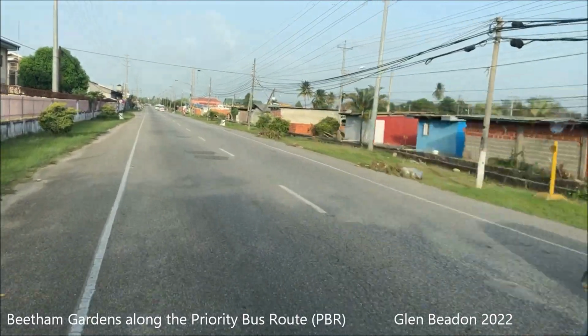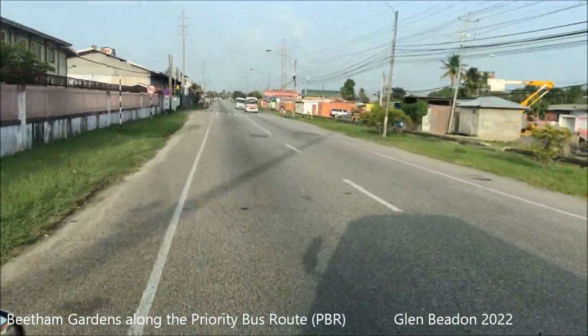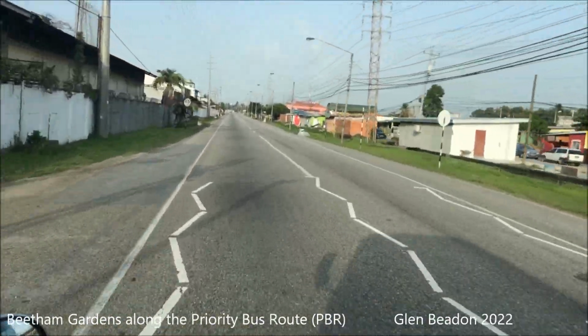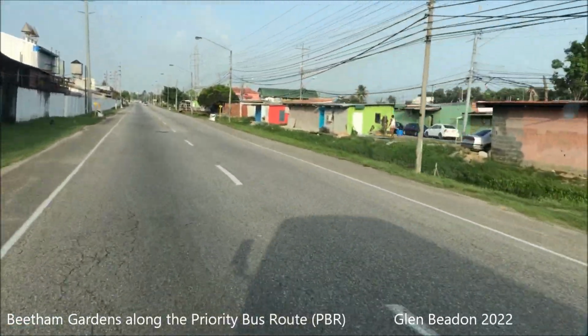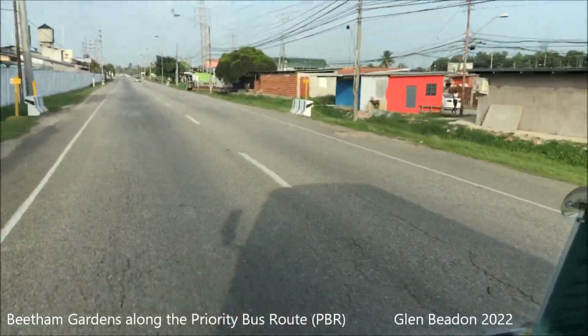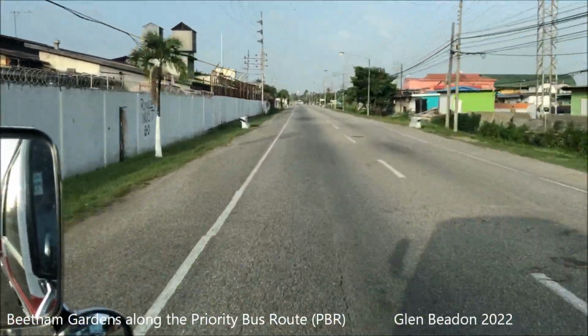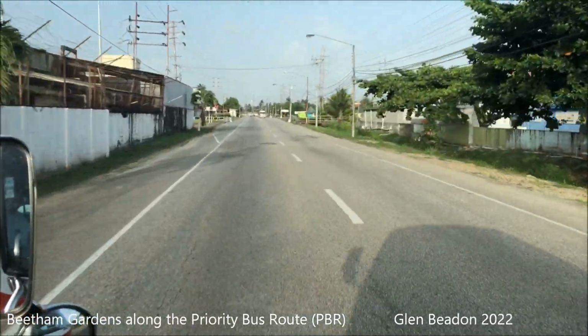Of course, Beetham Gardens got its name from the Beetham Highway, which was built after Governor Beetham. That was a highway that runs along the foreshore there on the reclaimed section. This section here on the south of what used to be the railway is now called Beetham Gardens, and it extends right away. You got the Fernandez compound coming up further down on the left-hand side. But we proceed along